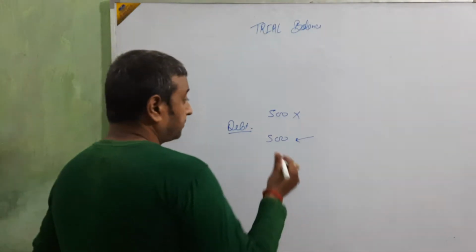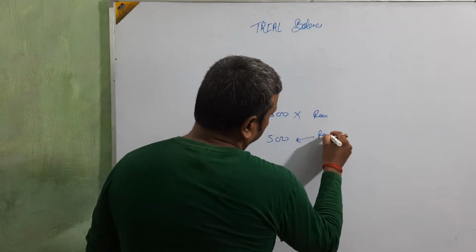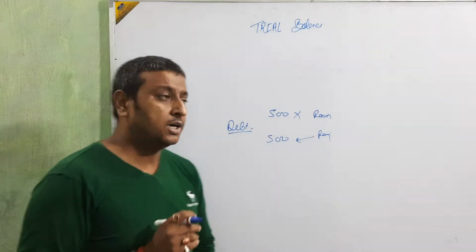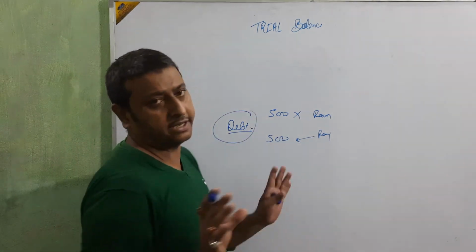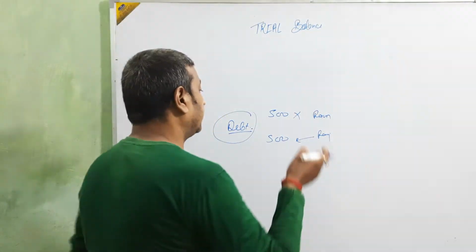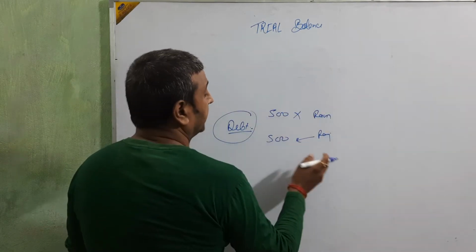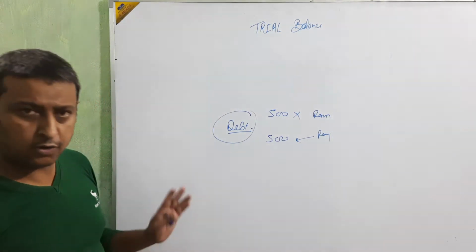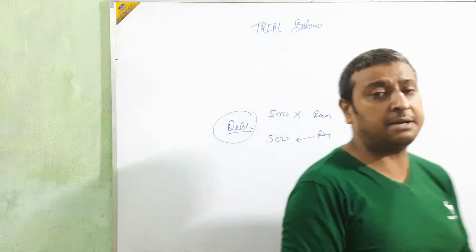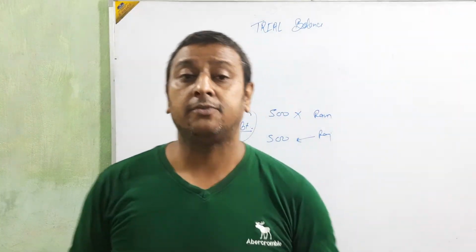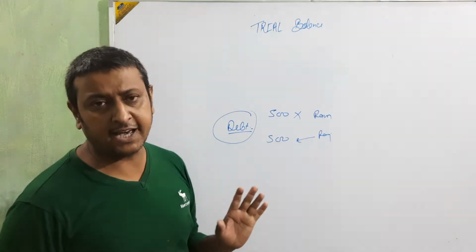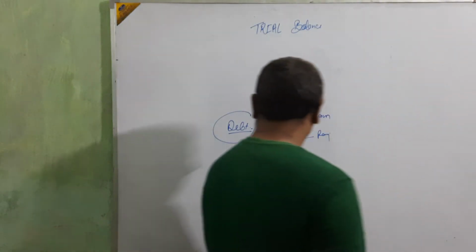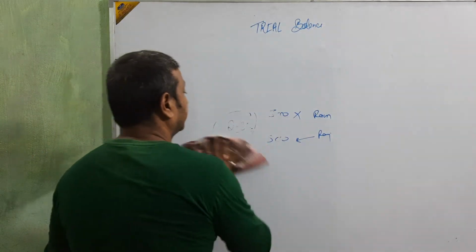For example, here is Ram, here is Raj. In place of Ram we enter Raj, but the total of the debtors is okay, no problem, because in place of Ram's 500 we enter Raj's 500 amount. The total of the debtors is the same, no change in the total debtors. So that type of error is called error of compensating. In this case one error compensates the second error. Okay beta, both are errors but they compensate each other.